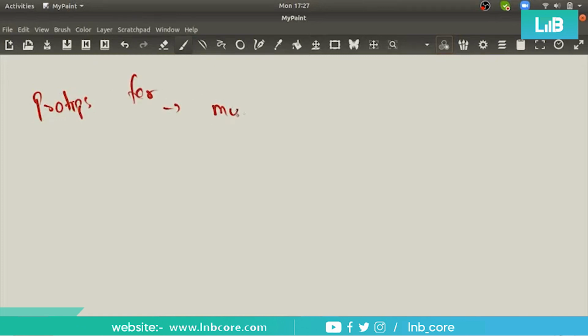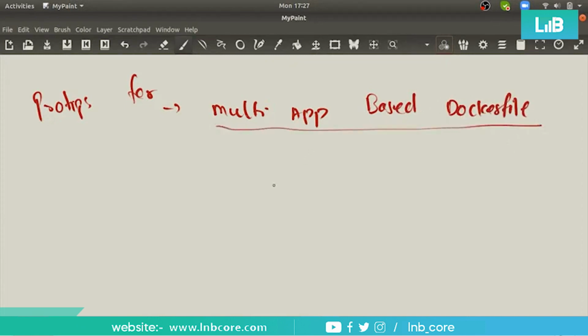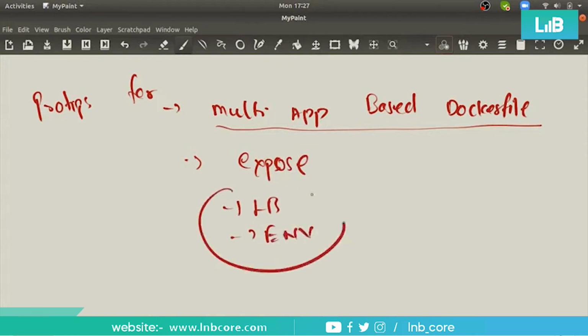First, multi-app based Dockerfile. You should practice a lot of multi-app based Dockerfiles, and then the expose method, LoadBalancer type service, and the environment keyword. What is the use of this? These can be very helpful for you.